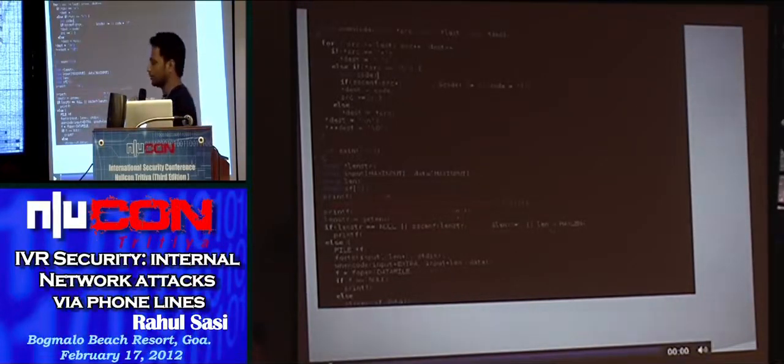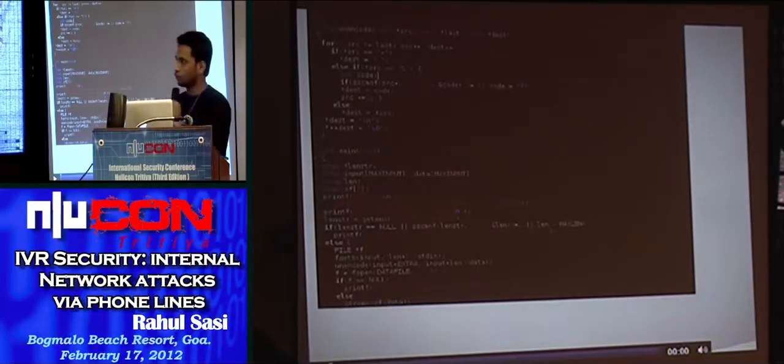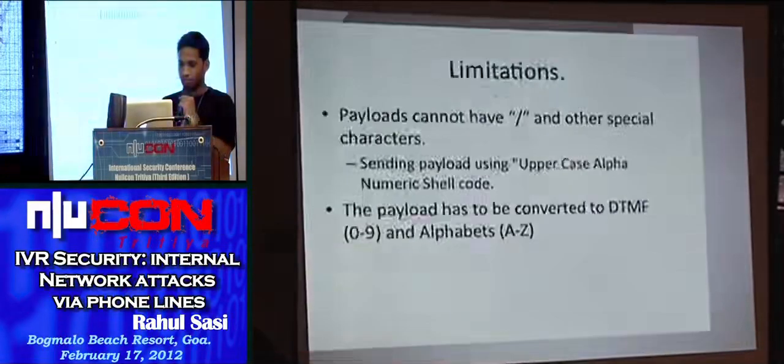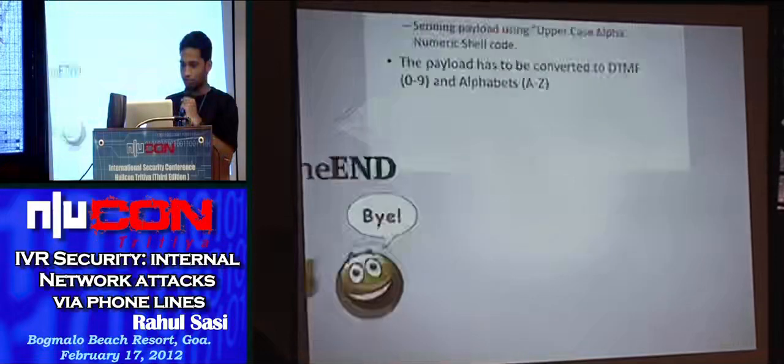And one more thing is shell codes. How will we send a shell code to this server? You can't send normal shell codes because hexadecimal codes are not enough. Slash is not allowed and a lot of limitations are there. That is when we use alphanumeric shell codes. Alphabet is there, numeric is there. I'm just explaining the logic, but this is the concept. Alphanumeric shell code you could send using your phone and voice. You would say B3. You could construct payloads. So actually, to show you the crash,